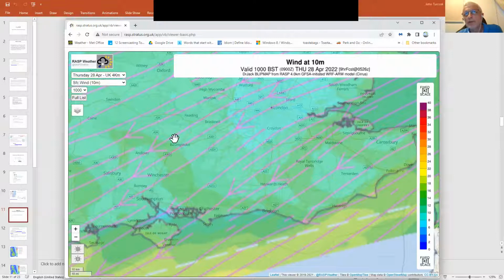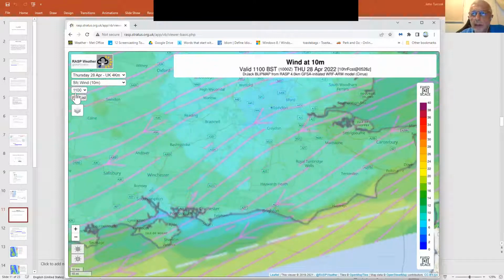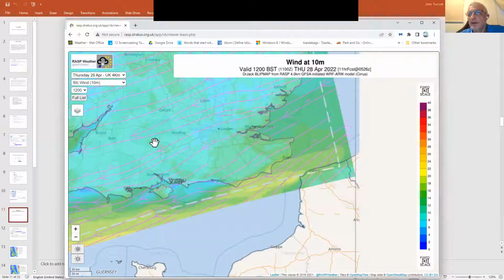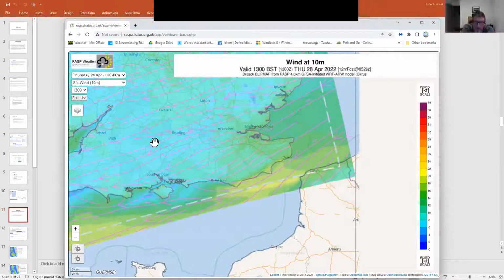If you click on the screen, you'll see it currently says 10 o'clock. If I click on it once, it moves it to 11. So by just clicking on it, you can progress through the day to see how the wind is changing. If we zoom out just a little bit, we can see here we're at 11. If I click on it again, we get the predicted wind strength at 12, 1 o'clock,